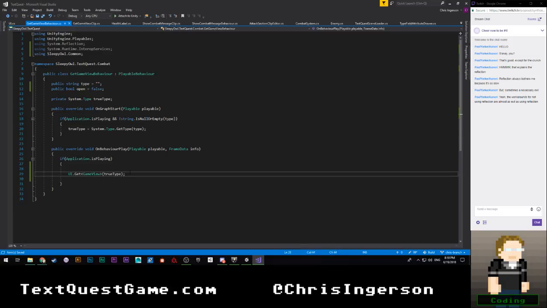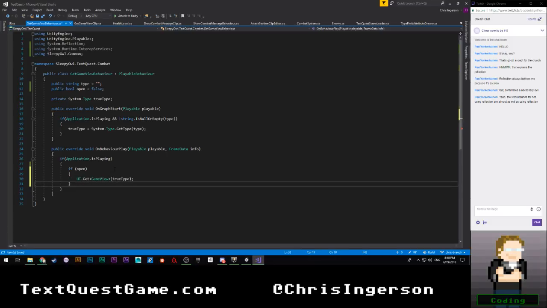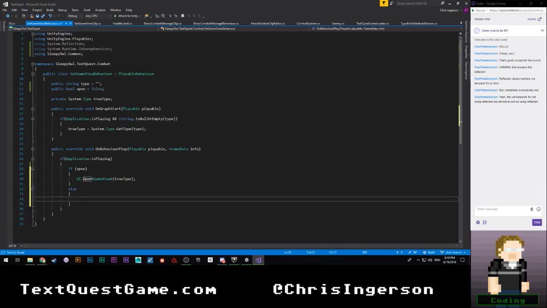It's not the perfect solution. Well, no, it actually kind of is. It just sucks because it's going to grab like all of my game views basically. So it's going to be a little less performant overall, but it's actually not bad. So I can just do this. Then I'm just going to say, I guess I'll just say if open else. And instead of get, I'm just going to say open, and otherwise it's going to be